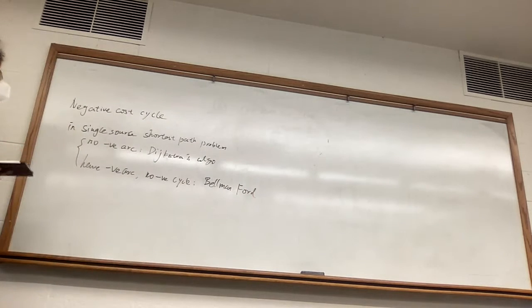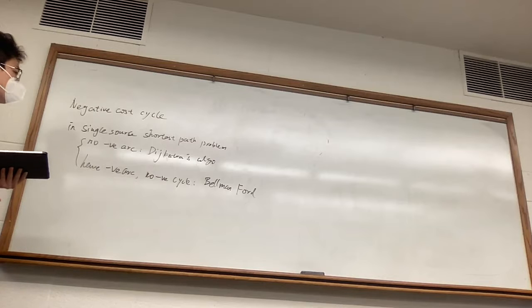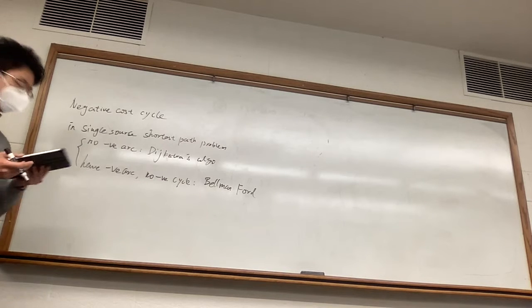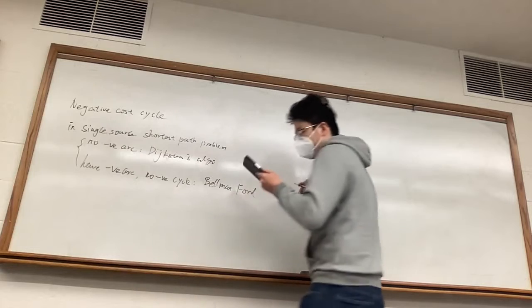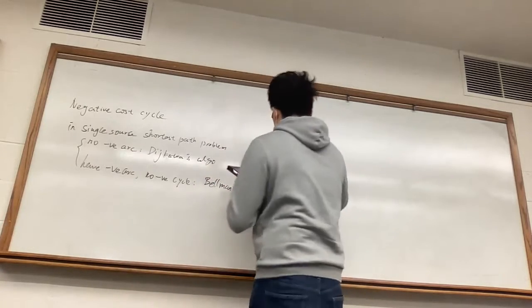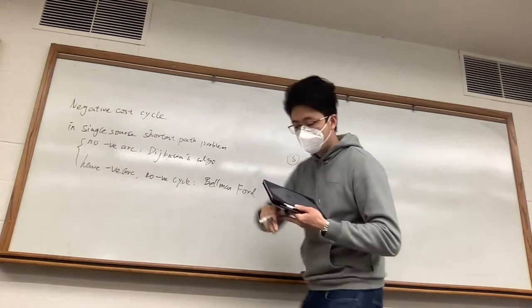Okay, so then the very natural question is why you cannot use Dijkstra algorithm when there is negative arc. That's to say, you can use Dijkstra algorithm if and only if all the arcs are positive in this graph. So you remember how to prove it? Okay, so let's look at this example. So suppose this is your source, and